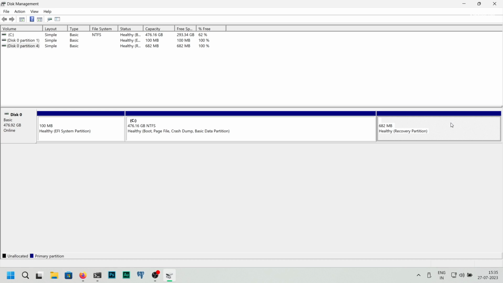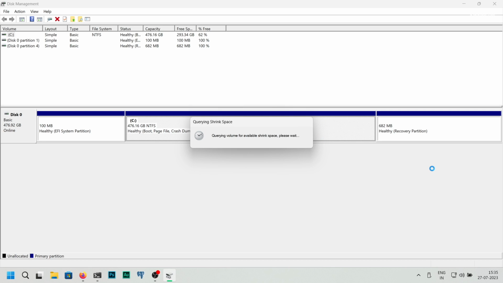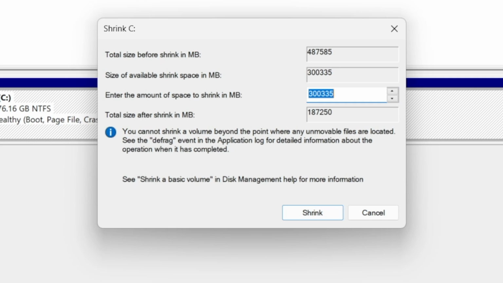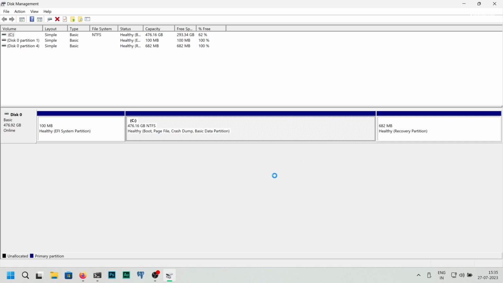I'm going to choose the C drive to shrink the free space for NixOS. In any case, it might be D, E, or F, whatever. Just choose the partition and right click on it. Now choose shrink volume and allocate a minimum of 40 GB or more for NixOS. You can type the value in megabytes. In my case, I'm going to allocate 150,000 megabytes. Then click on shrink. This will create an unallocated free space. That's it. Now we have finished creating a free space for NixOS.